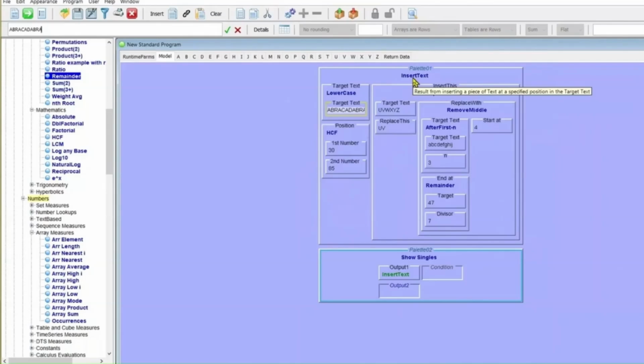You can see by the name that we're going to insert one piece of text into the word abracadabra after we first convert it to lowercase. We'll insert it into the position given here as the highest common factor of two numbers, 30 and 85, which of course is 5. We'll insert some text